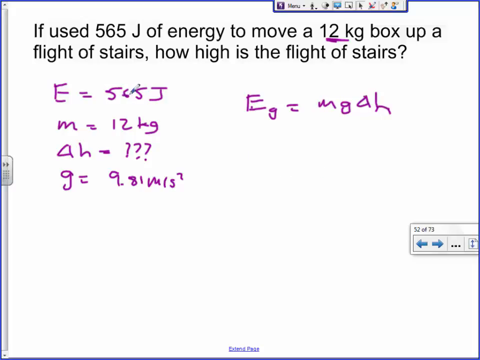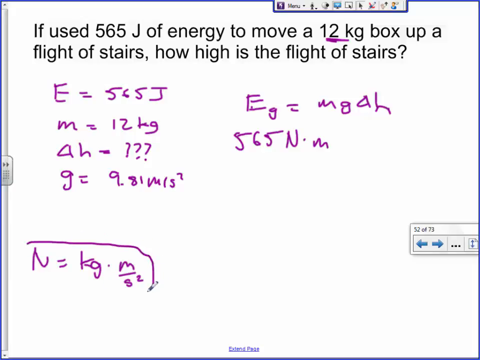I'm going to write the 565 joules as Newton meters again, just because it makes the units work nicely sometimes. That's going to be a Newton meter. Do you guys know what a Newton's units are? Write this down somewhere, because it may help you once in a while. A Newton is equal to a kilogram times a meter per second squared.